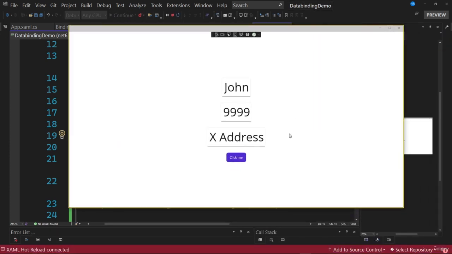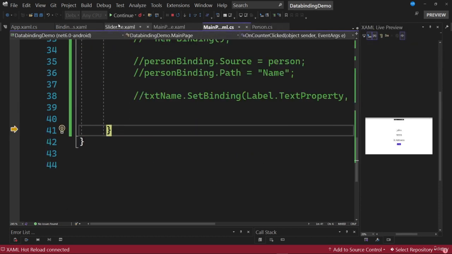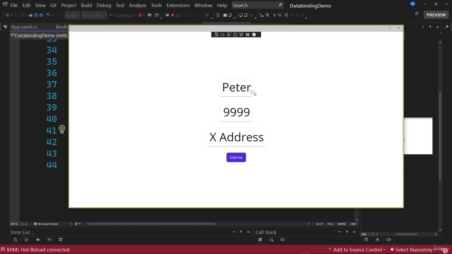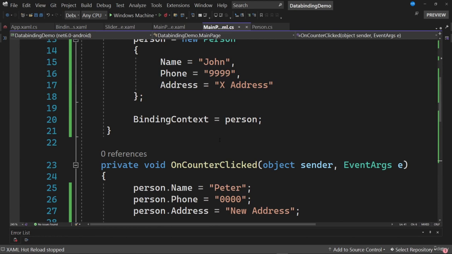We see the application with the initial data. Let's click on the button. Let's remove the breakpoint. And look how this time, the value of the entry control has been updated without doing anything else. We can return to the other properties and we proceed to modify each one of them,